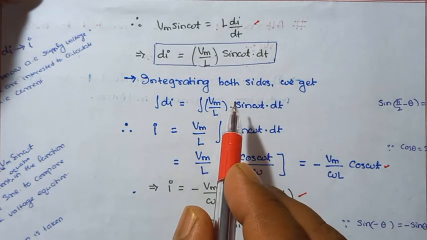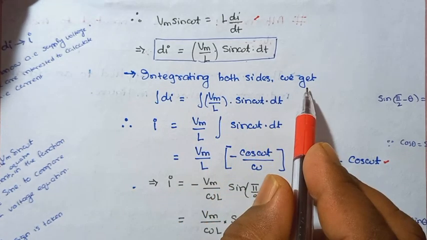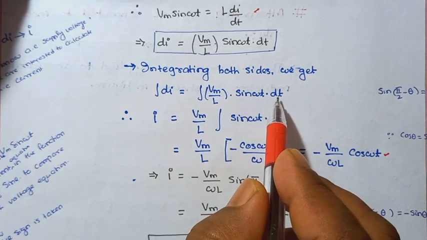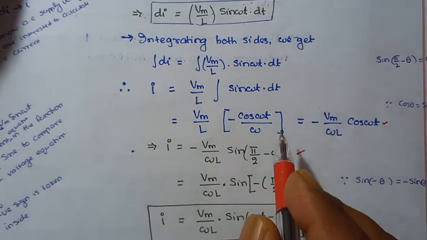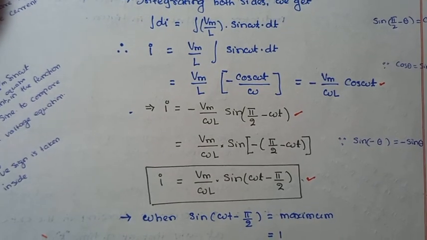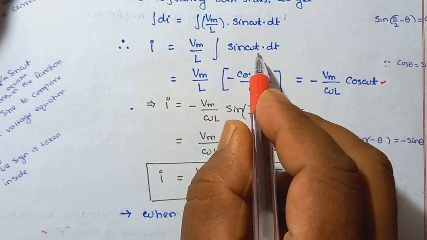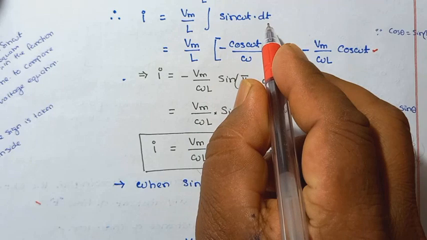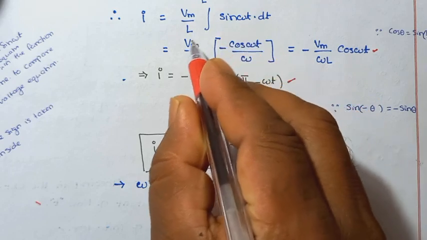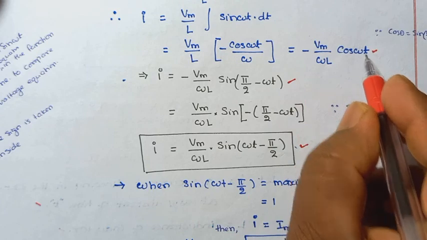So we are interested to find current. That means di to I. So integrating both sides we get, integration of di is equal to integration of Vm by L sin omega t dt. Here Vm and L both are constant. So उसको इंटीग्रेशन का बाहर में ले लेंगे. Then I is equal to Vm by L integration of sin omega t dt. Sin omega t dt we write minus cos omega t by omega. So after simplification here we get current is equal to minus Vm by omega L cos omega t.